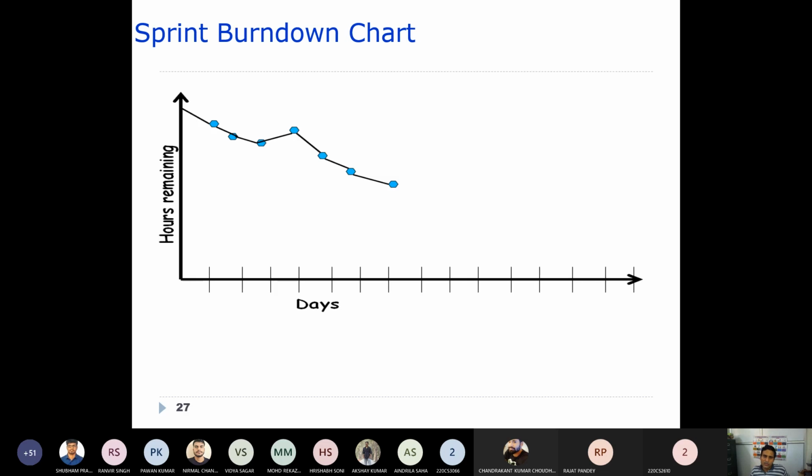Now what is happening? The left y-axis represents hours remaining, and the x-axis represents days of a sprint. The first day these many hours are left, the second day these many hours are left, the third day these many hours are left. Sometimes these hours may also increase, because maybe you find certain items further added into the product backlog.